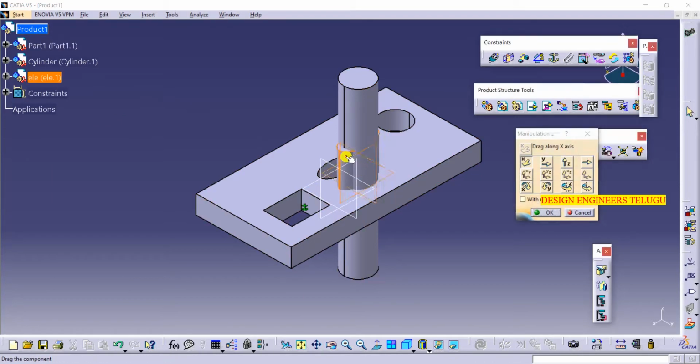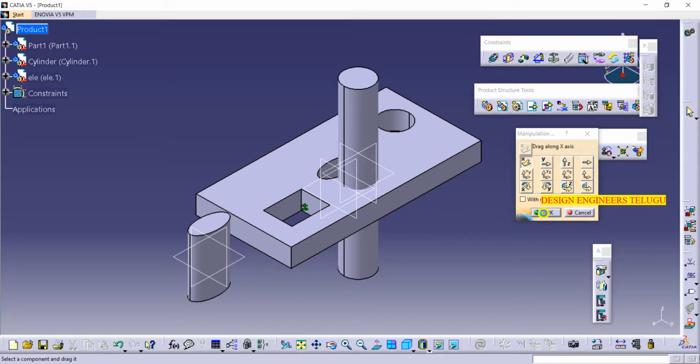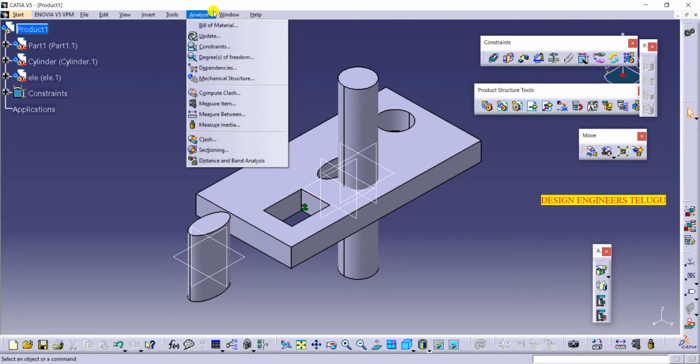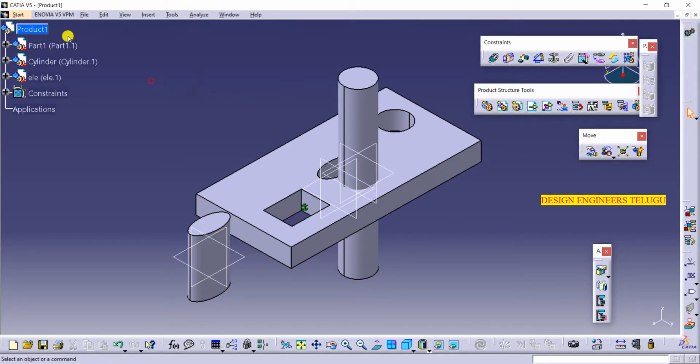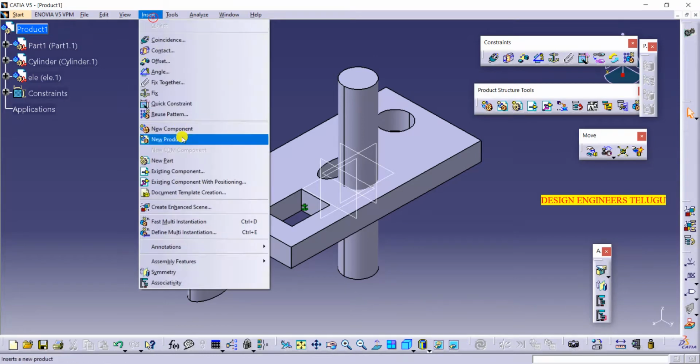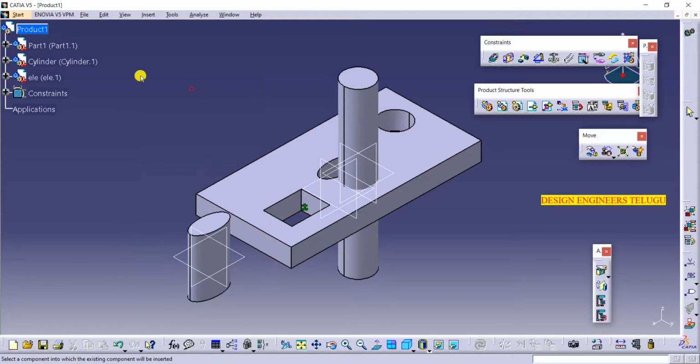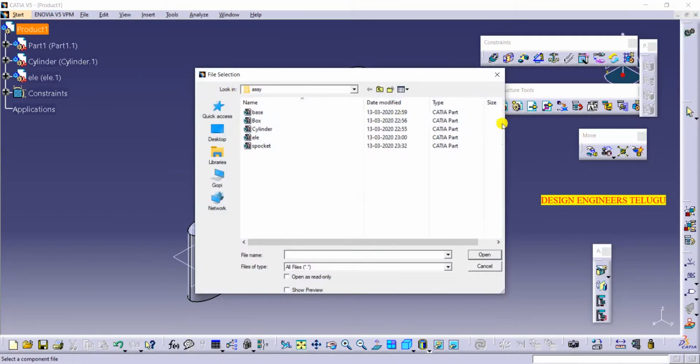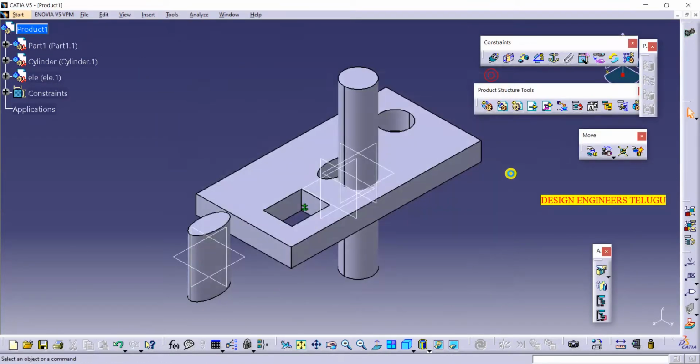Instead of searching for it, you can import like this. If it is already open, you can do that, or else you can go to Insert and click on Existing Component, search for your component, and get it here. So these are the different methods to import components or parts into your assembly.